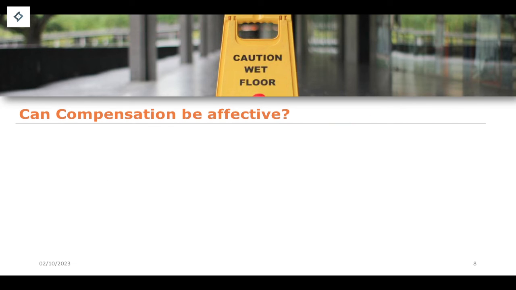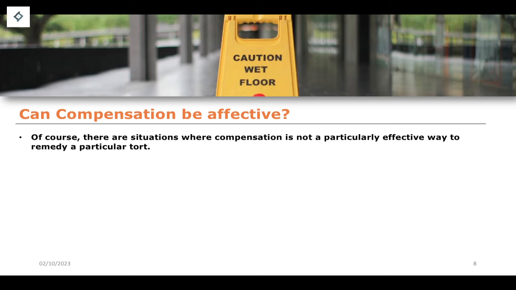When we look at how we apply this, however, to real cases, how effective can that actually be? There are situations where it is not particularly effective as a way to remedy particular torts. And we're going to get to this when we go all the way to the end of our lessons on the law of tort, because we're going to talk about remedies and damages and compensation principles in more detail. But it was worth noting that in this first early lesson that we just overview it quite briefly so we understand what the purpose of tort is. But we're going to get into all of this in more detail in future lessons.